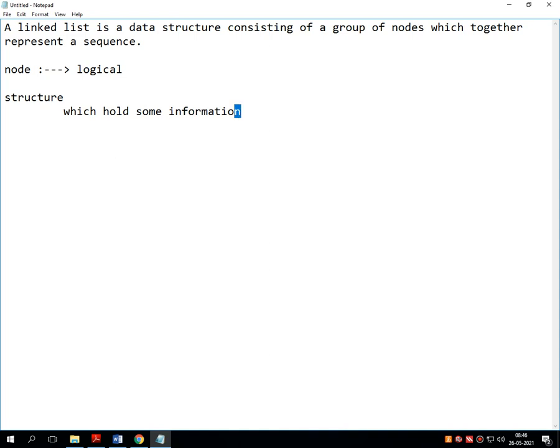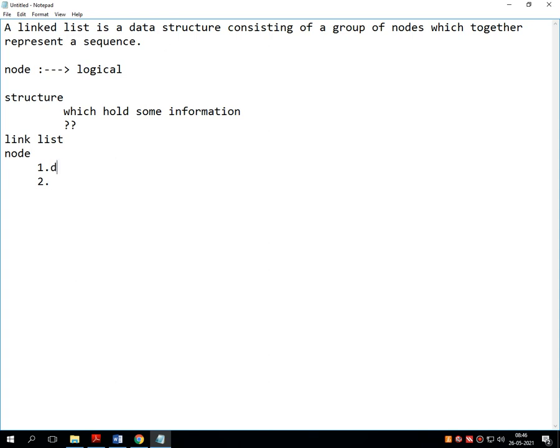Now the question comes, which type of information? We know that a node is a type of structure, and that structure holds information, but which type? In a linked list, a node consists of two pieces of information.